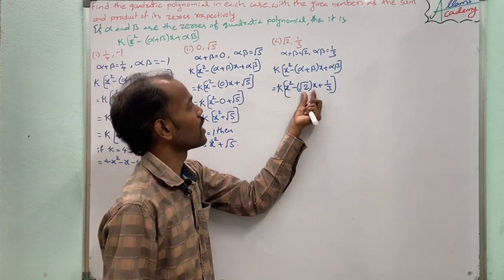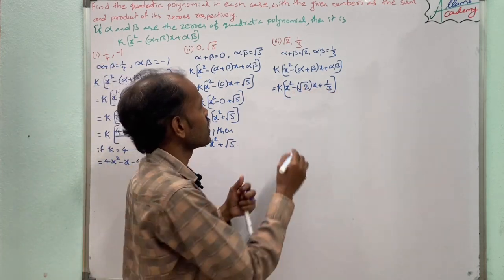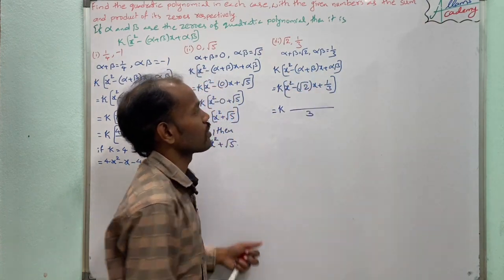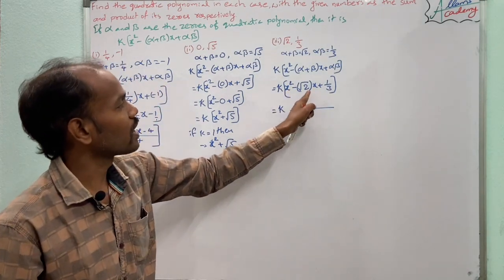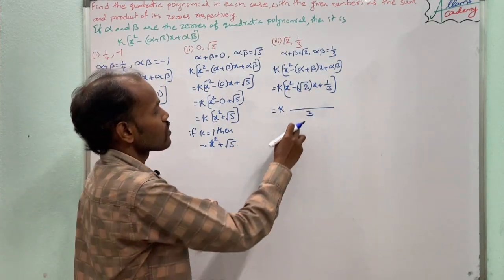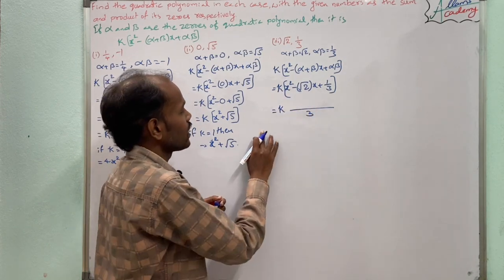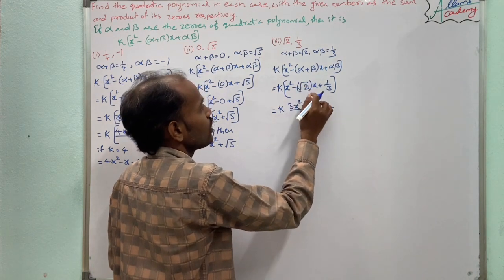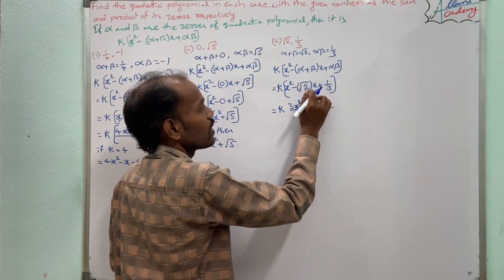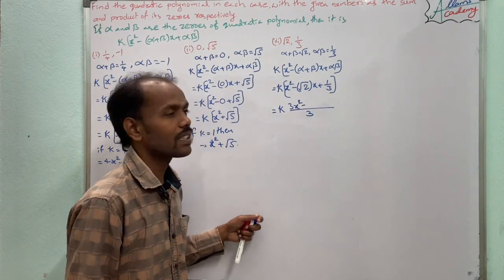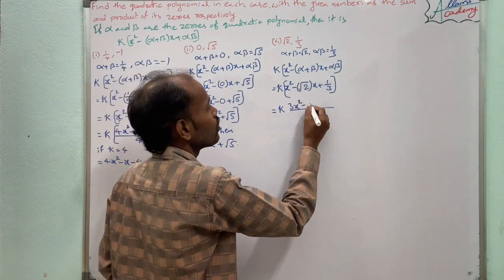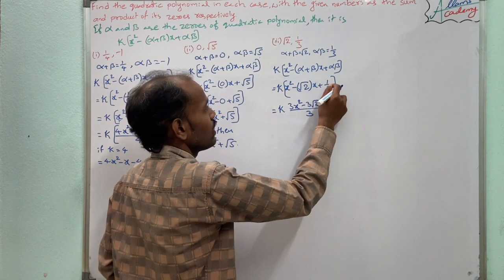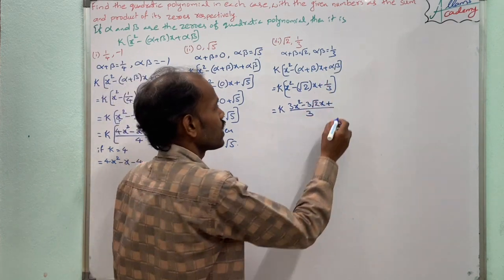So here the denominator is 3 only. So the LCM is 3 only, and their other denominators are 1. So 1 3 ja 3, so 3 into x square, 3x square minus, so root 2 here, 1 into root 2, 1 into 3, 3 only. So 3 into root 2, that is nothing but 3 root 2 x plus 3 1 ja 3 only. So 1 1 ja 1 only.